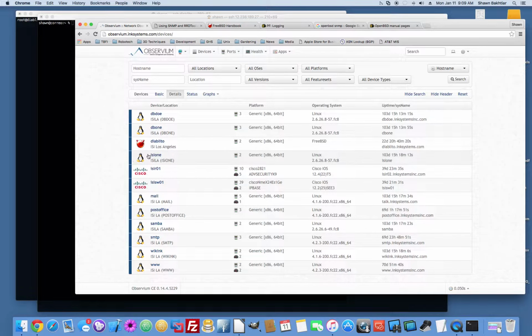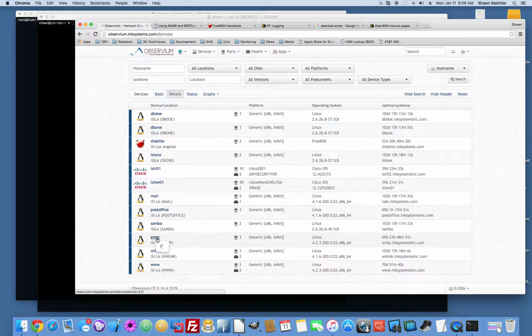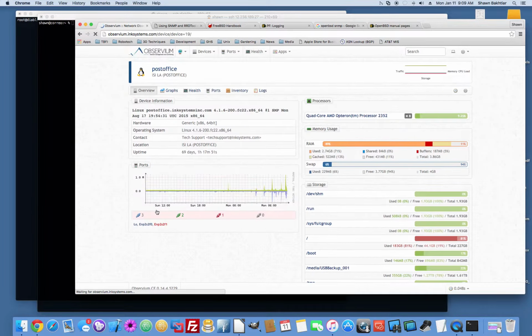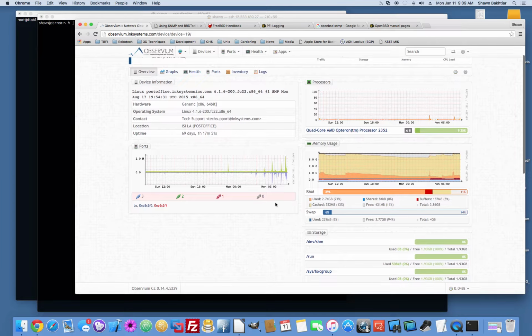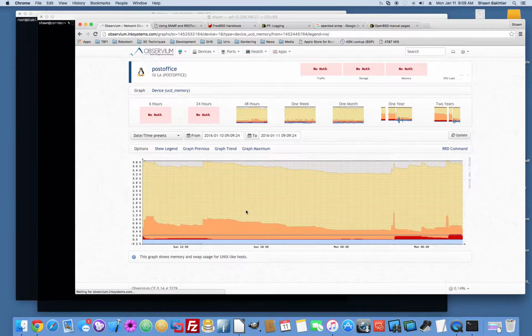There's not much information there, but if we drill into, let's say, our SNMP server, well, let's go into postoffice. That one's usually got good graphs. As you can see, we've got memory utilization. You can click into it and drill down, and I'm not sure why that shows no auth. Normally it shows all the information. Probably have to refresh here. There we go. As you can see, it shows you hourly all the way out to 2 years what's been